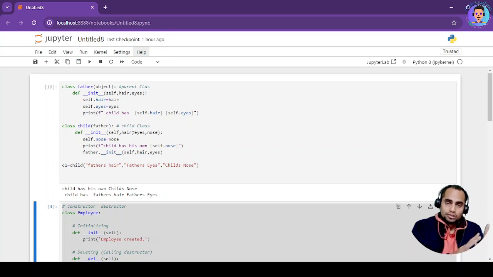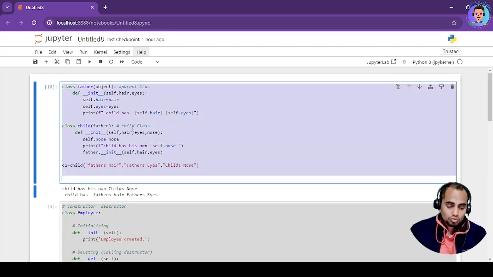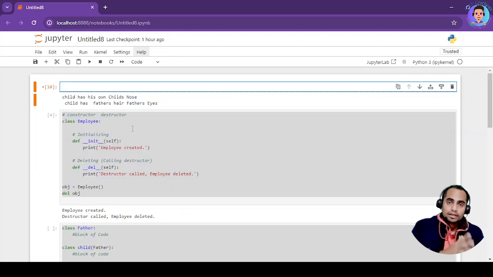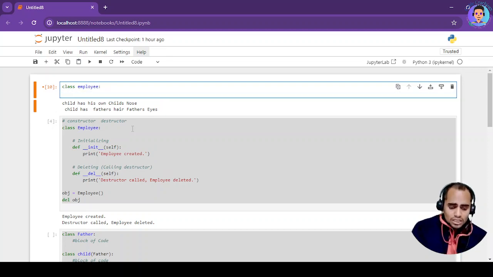Now this is a general phenomenon. How is it going to be important in your practical life while programming? Let's assume you have a class employee. Okay, employee, and you have defined the employee class with def, and then double underscore init double underscore, and then you have written over here self, and then over here you are taking, or else you will be